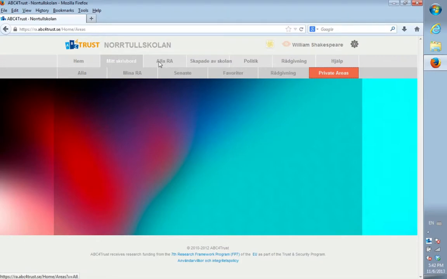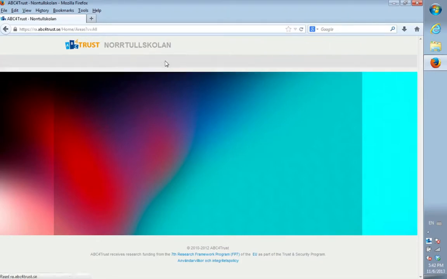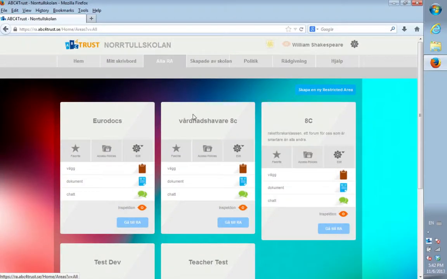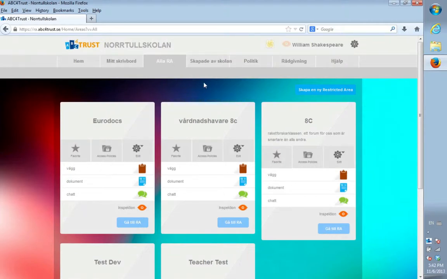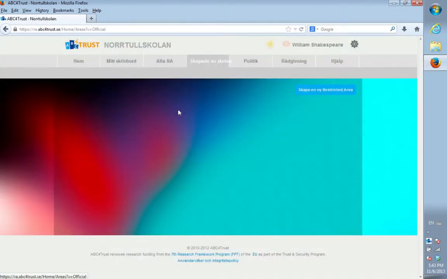So then we can of course go to all restricted areas which we have never been to. We can see that there could be a lot of them, not now in this example when I'm making videos, but here we can browse and try to access them, but later on I will explain about access policies. Of course not everybody can access all the restricted areas, so it has some restrictions which we set. So this tab will contain all the restricted areas which are created by school personnel, so we call it official or created by school. There are political discussions,